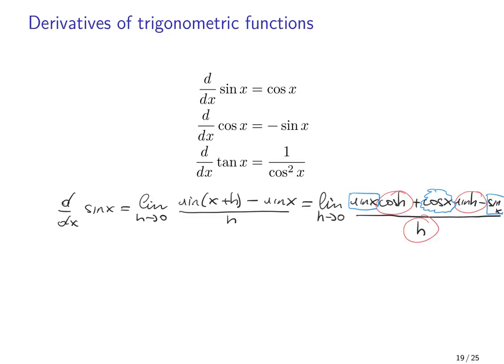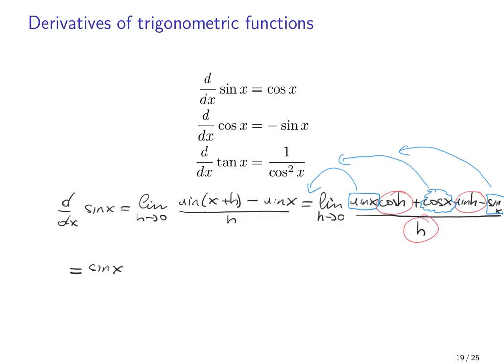So these terms, sine x, cosine x, sine x again, have an x in them, so they're functions of x, but they're not functions of h. And the limit is as h goes to 0, so it only cares about the h. What does that mean? It means that we can take sine x, cosine x, and sine x again, and take them out of the limit. And if we do that, we end up with